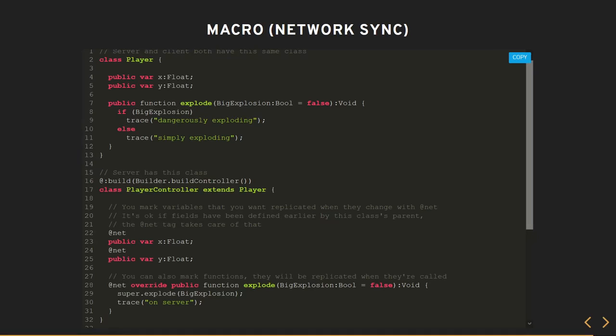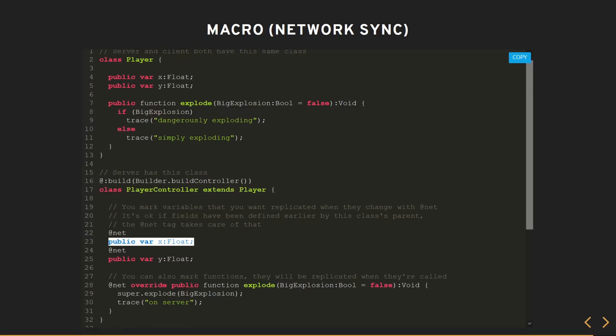Something to notice is that, like in any object-oriented language, if you try to redeclare your member variables in a subclass, you're going to get a compile time error, because these fields are already declared inside of player. But for our API to make sense, we actually have to be able to do that.